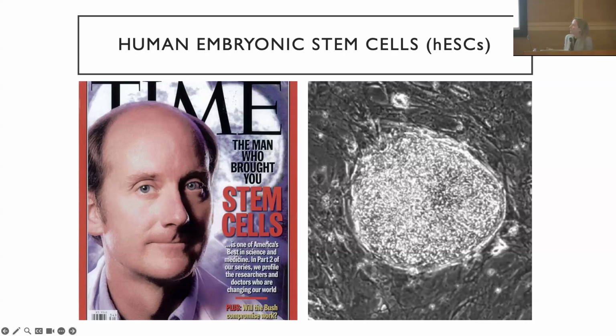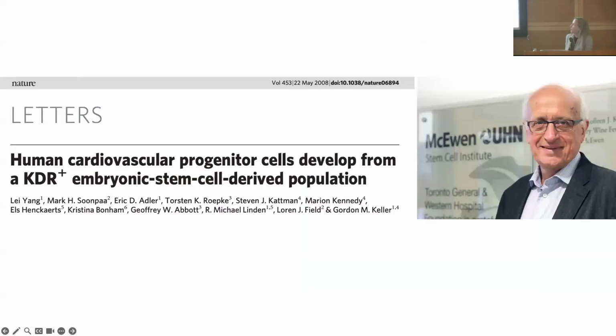And you can imagine what a big deal this was for a basic scientist to end up on the cover of Time magazine. This was obviously a huge contribution that was recognized even outside of science and medicine. And interestingly, after these cells became available, people became interested, obviously, in using them to study differentiation from the pluripotent state to various tissue types in the body.